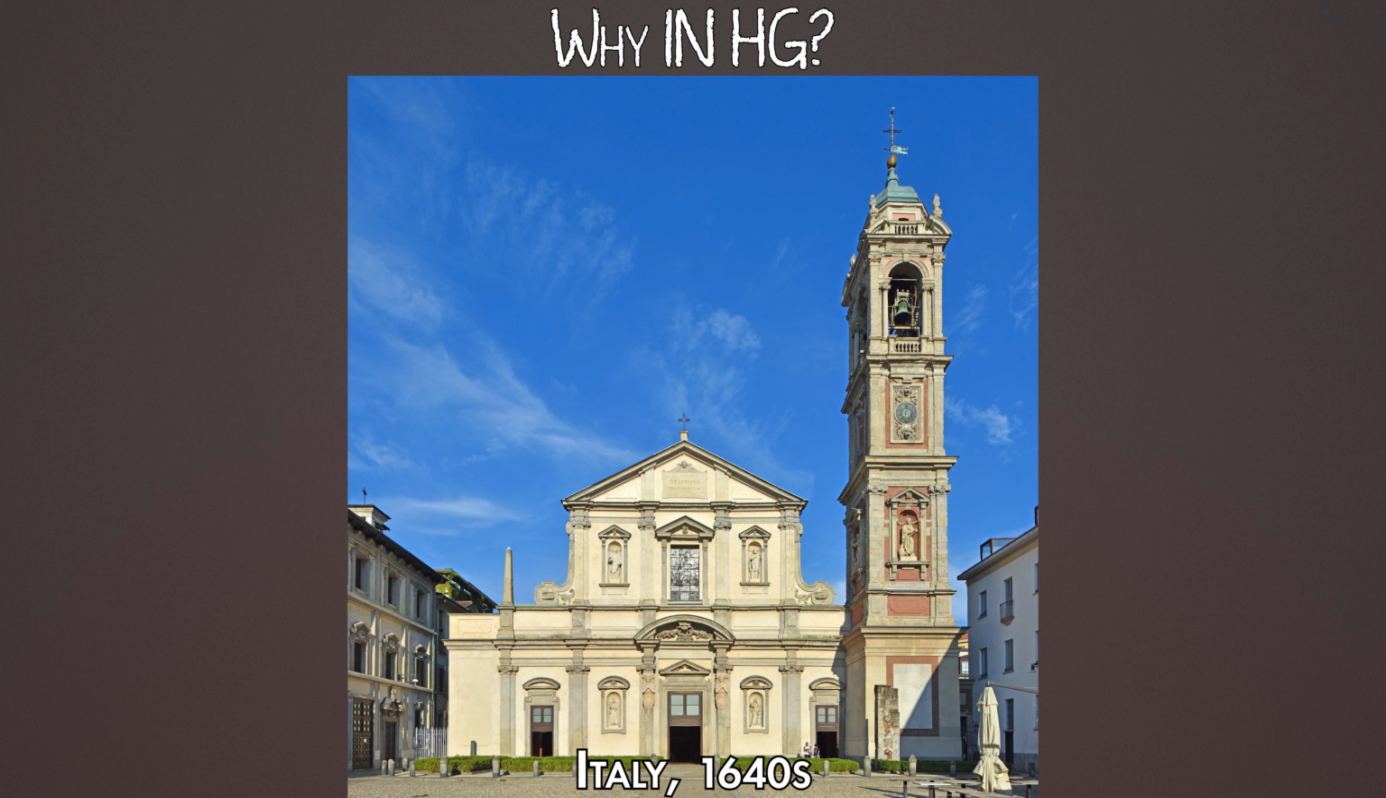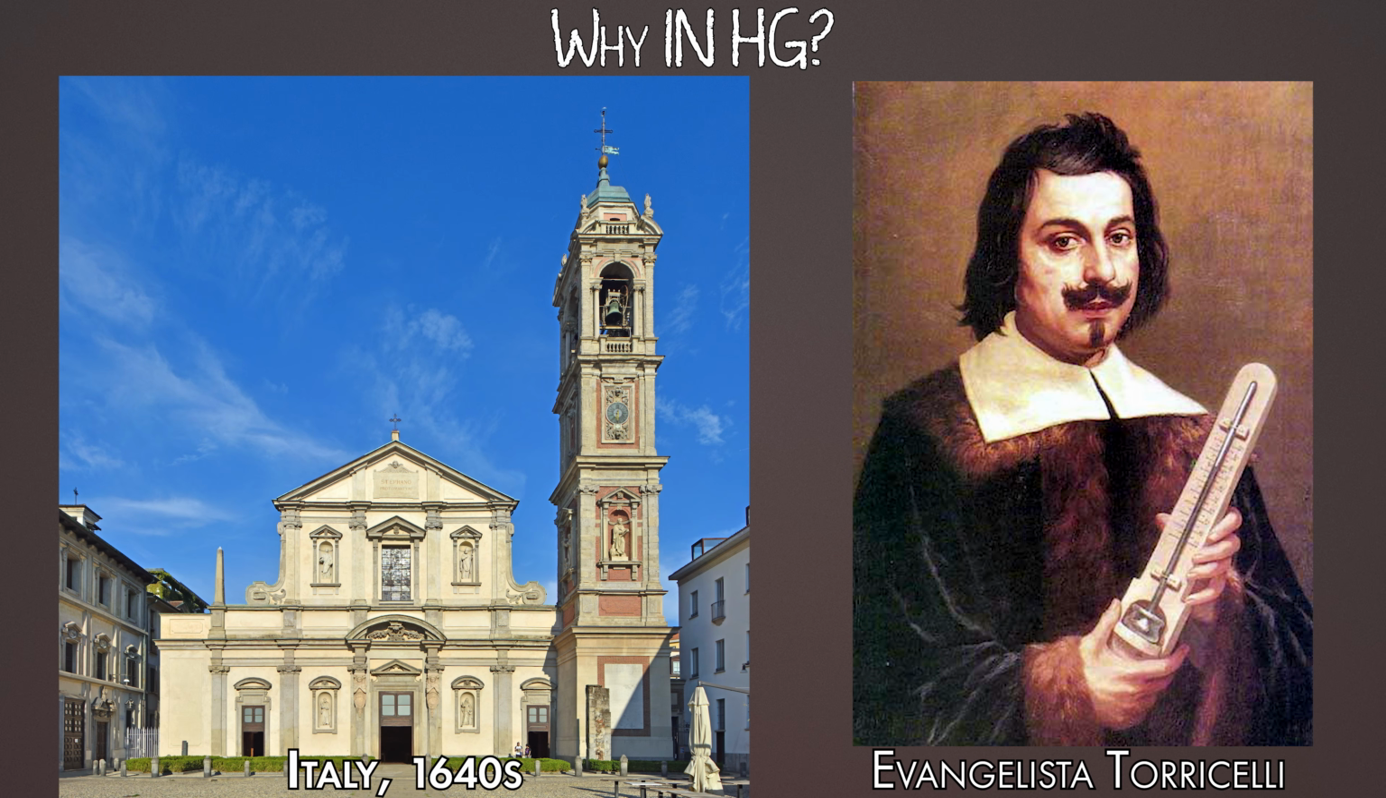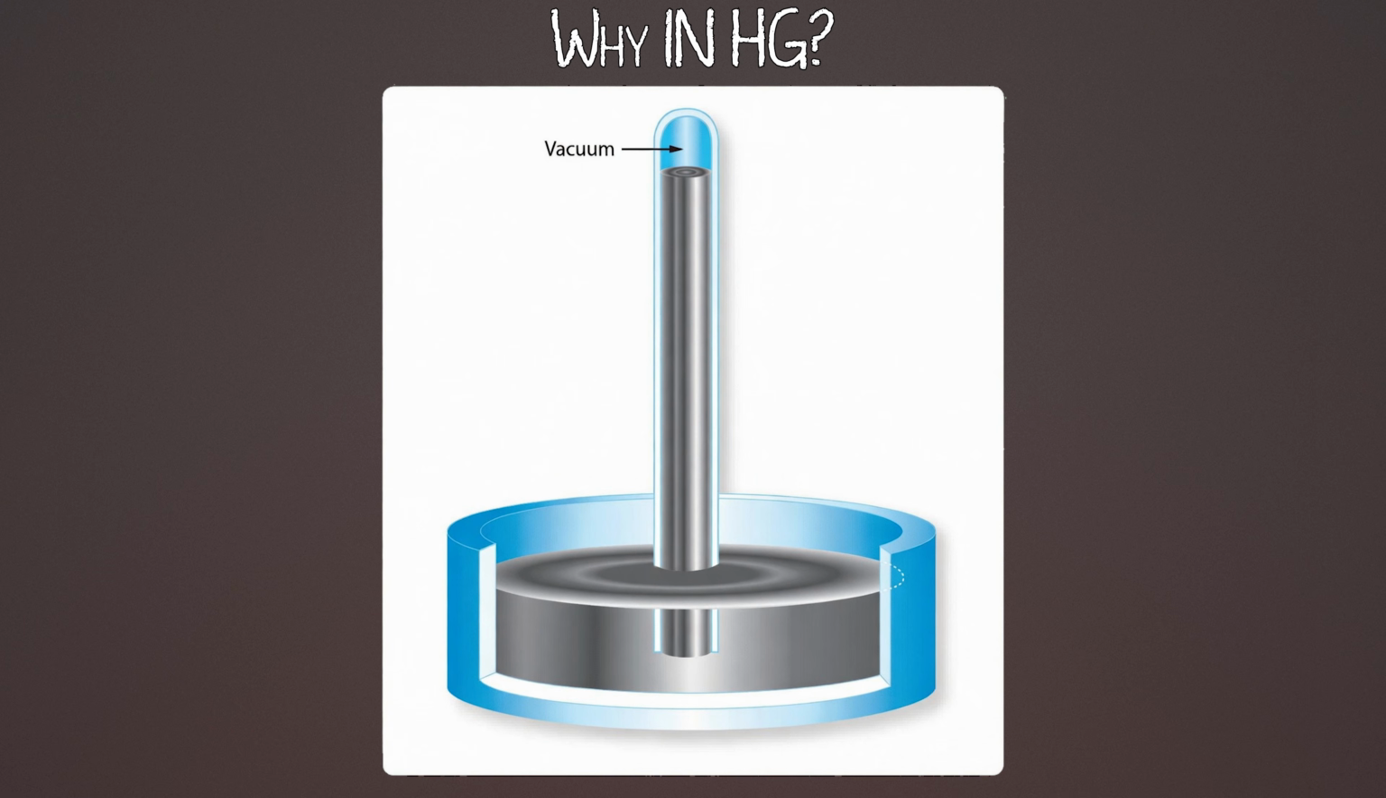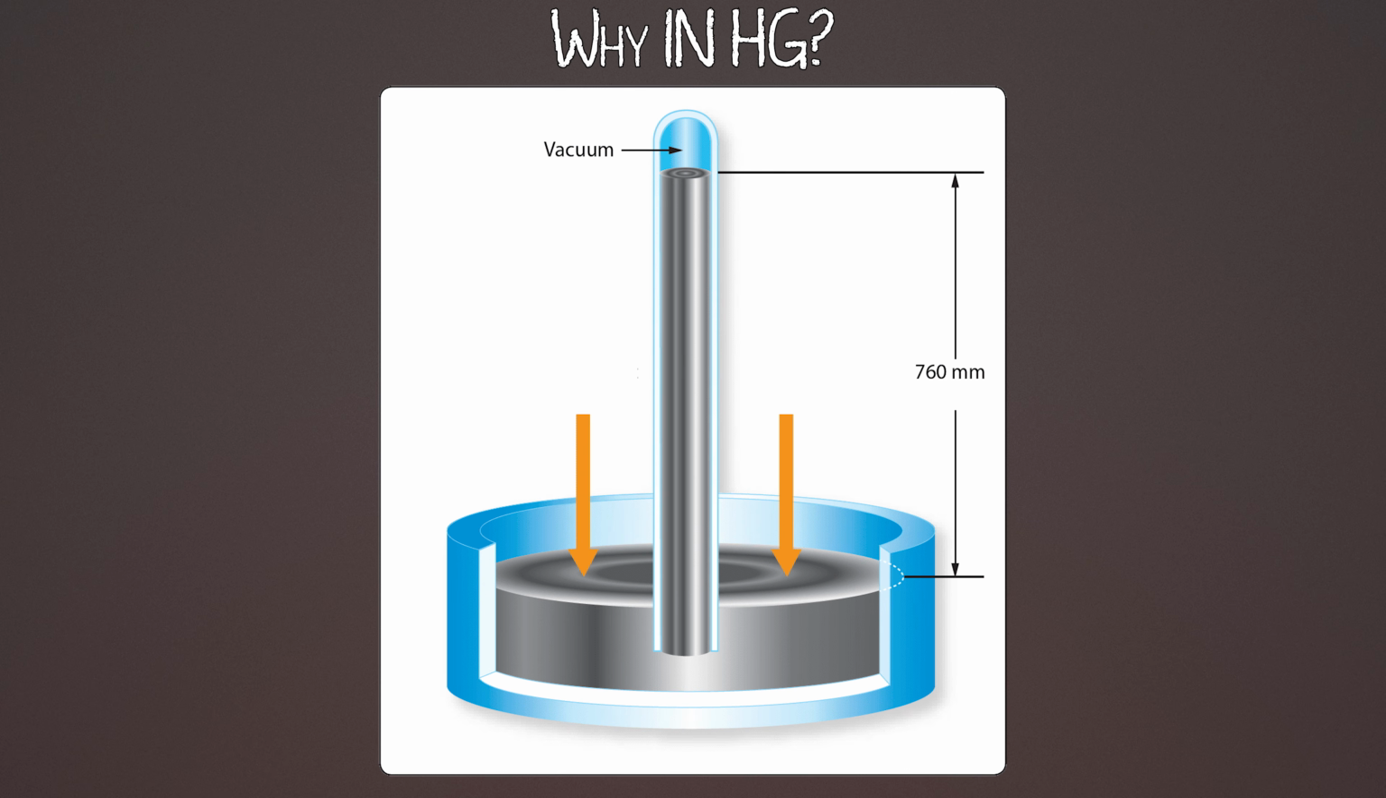But instead of jumping in to help, this guy decided to go weigh the atmosphere. I mean, what better way to skip out on the hard labor? He took an empty glass tube, flipped it upside down, and put it in a dish of mercury. On average, the atmospheric pressure would push the mercury up 760 millimeters, or, as you might have guessed, 29.92 inches